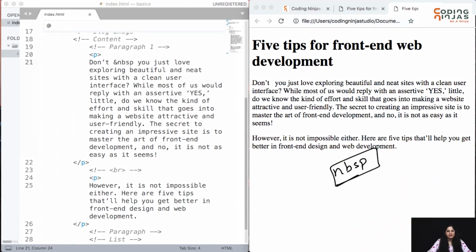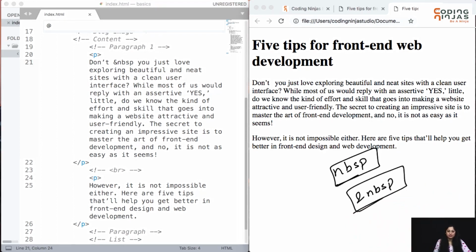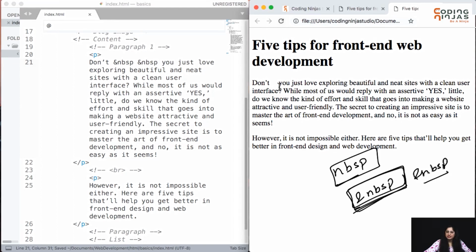In order to help HTML place a space between two words, we have to use ampersand NBSP. If you want more than one space between two words, you need more ampersand NBSPs. If you want two spaces, then two ampersand NBSPs. Just adding more spaces in the source code is not going to help. If I refresh, the difference between them is increasing. They are widening. So NBSP is something which is important.